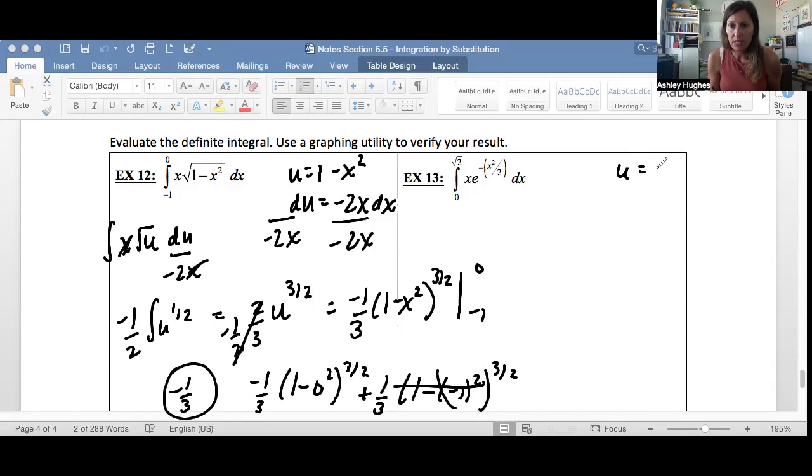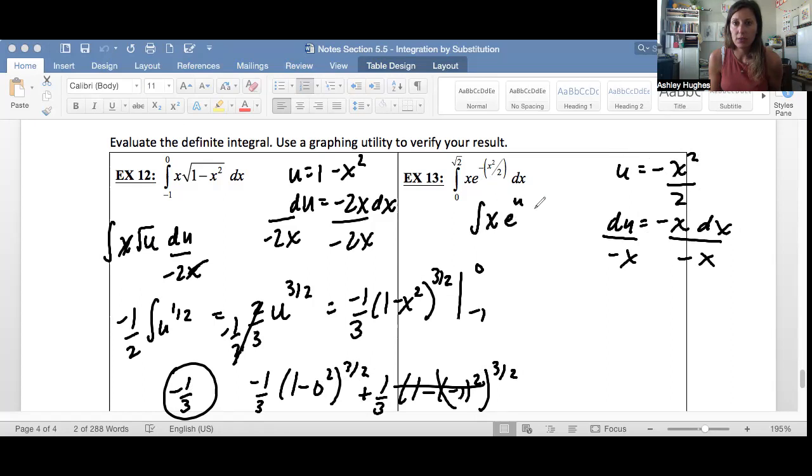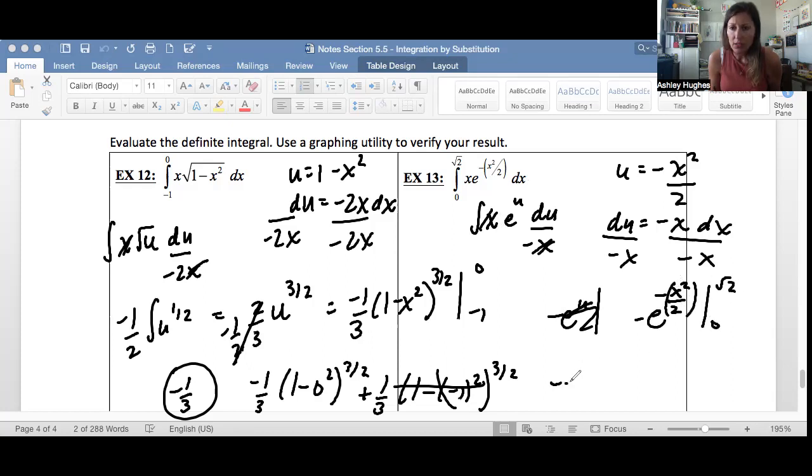And this one, your u is the exponent, -x squared over 2. So your du would be -x. So this is x, e to the u, and then instead of dx, we have du over -x. So it's just going to be negative e to the u, from, oh wait, let's plug back in: negative e to the -x squared over 2 from 0 to √2. So negative e to the -√2 squared over 2 minus negative e to the 0, which